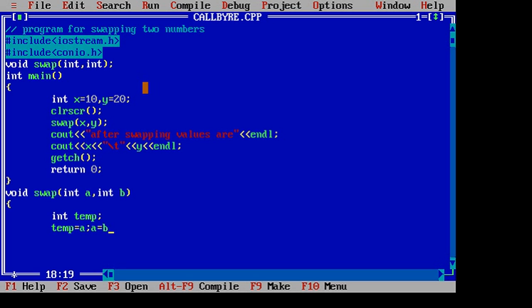So the last statement has to be a return statement. Whenever we are using the return type of main as an integer, the last statement should be a return statement.